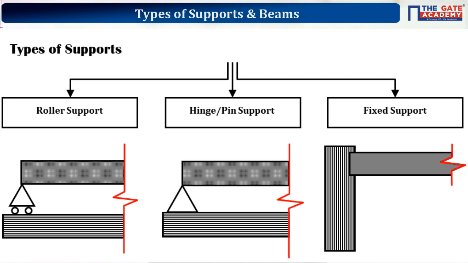Understand? And the way you solve for anything, stresses, slopes, deflections, etc., everything will be different. Okay, that's why you should know the types of supports which are used to support bending. So there are three major types of supports which we use. They are roller support, hinge or pin support, and then fixed support. Okay, understand? So what is the significance, or what is the application, or the way in which the roller support will be allowing the beam to bend? Let's look into that one.